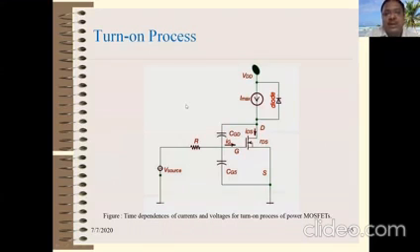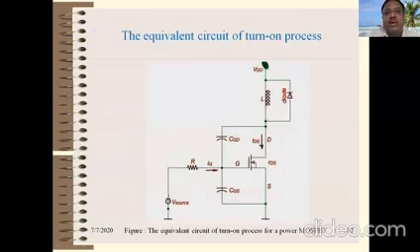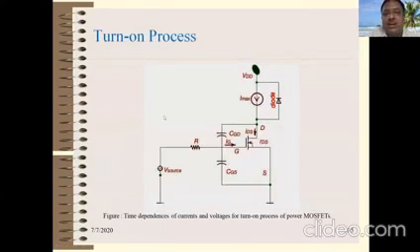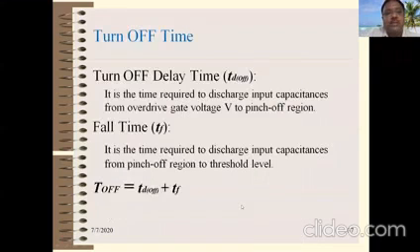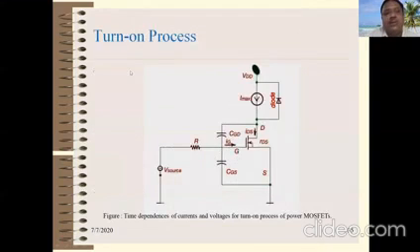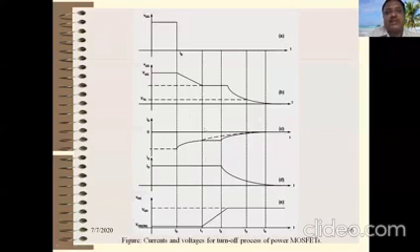Then the turn off process. Turn on and turn off process. This is basically the diagram for the turn off process, right? But the names I have given here are the same. This is basically the equivalent diagram for the turn off process, and these are the characteristics. Once the gate voltage at T0, if you see the first figure, first graph, that is A, at T0 your input voltage VGG is 0, right?